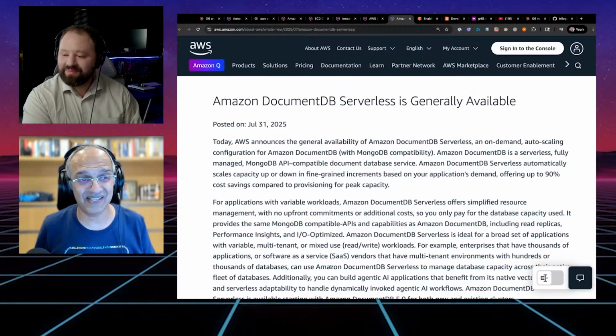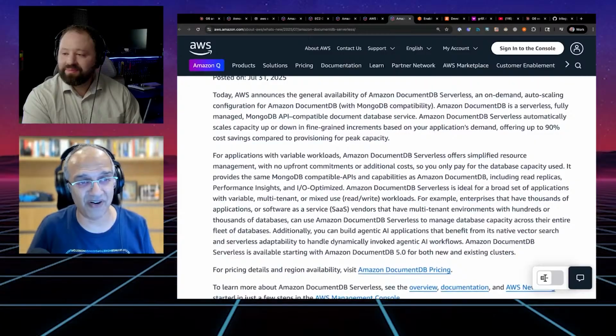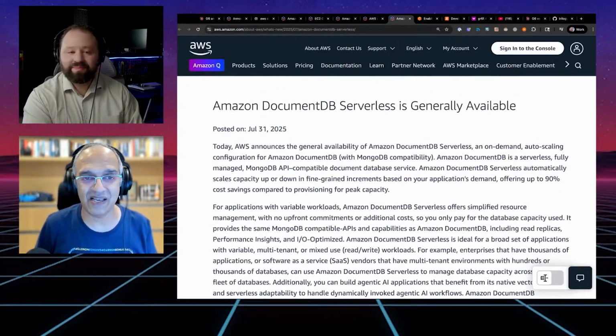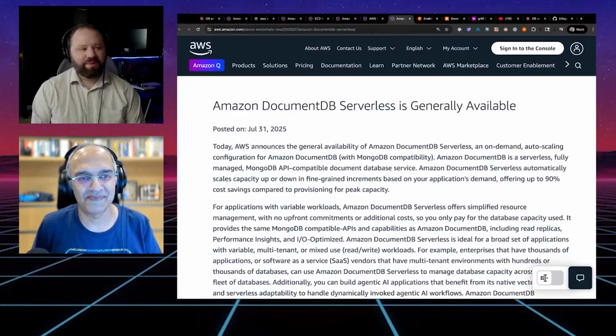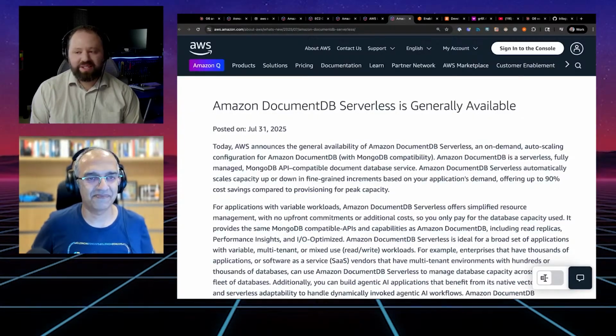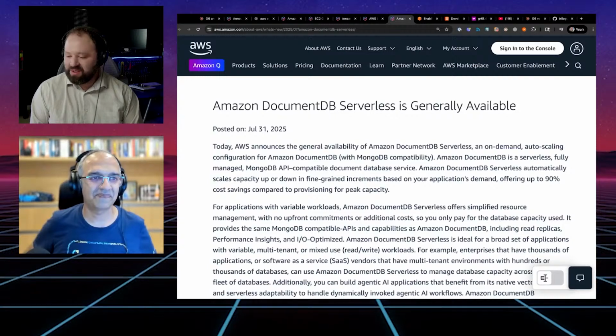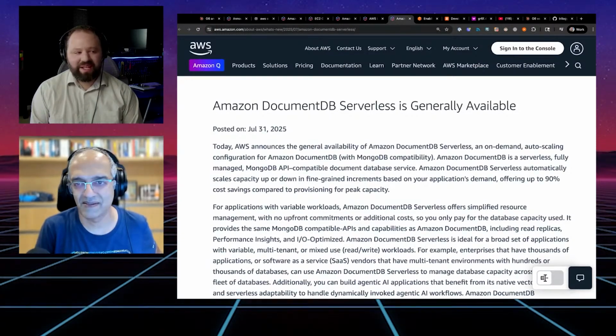So this is awesome. For 90% or 99% of the time, you might have a database not be at peak scale and you just pay for what you actually use. And I like DocumentDB and similar JSON databases. It's especially good for exploratory projects where you haven't really figured out the shape of your data model yet.